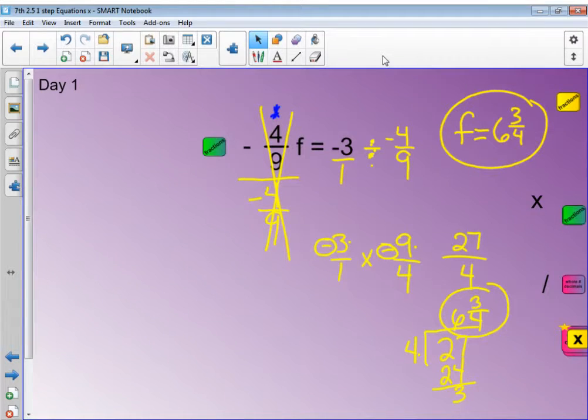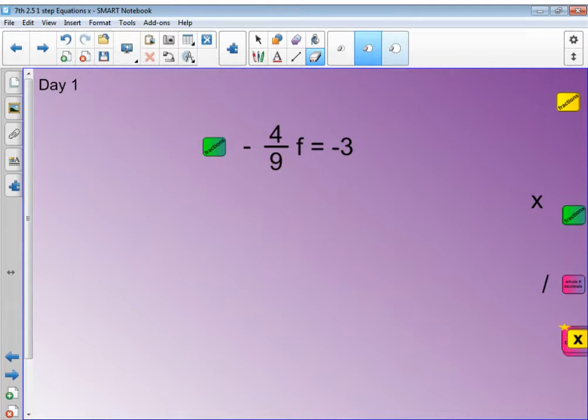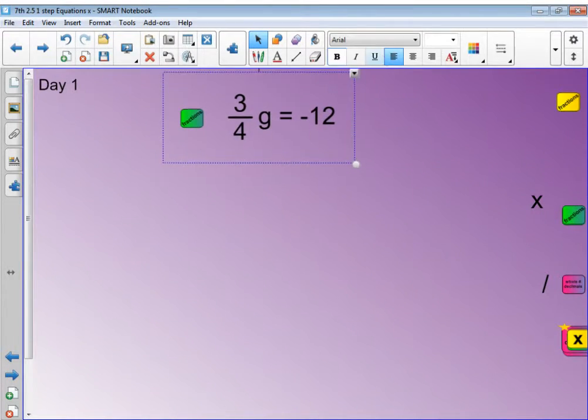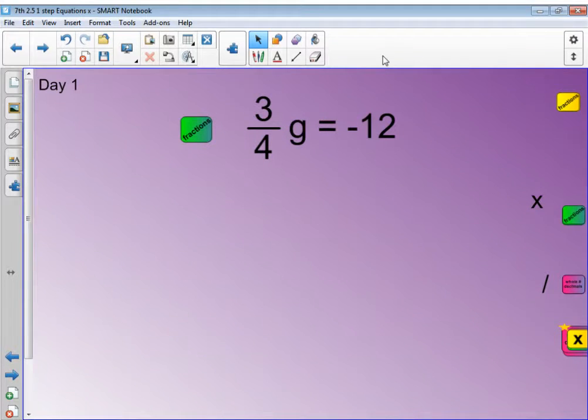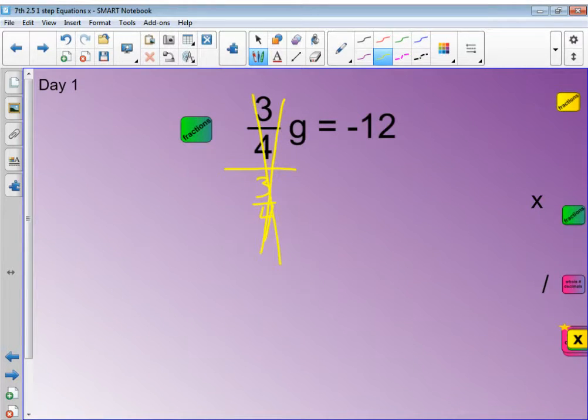Okay, so let's try another one. Okay, so we have 3/4 G equals -12. So we want to get the 3/4 out of there. So we're going to divide by 3/4. Okay, so instead of writing it out the way that I just did, I should have written it out behind. So I'm going to go ahead and erase that and write it behind just so I know which fraction I'm supposed to flip. So divide